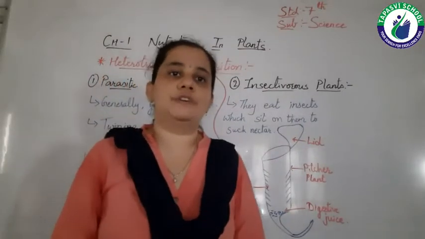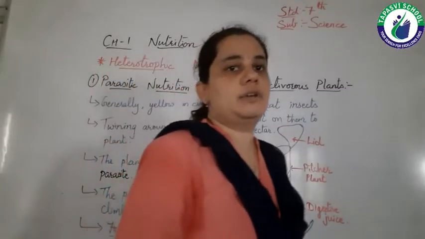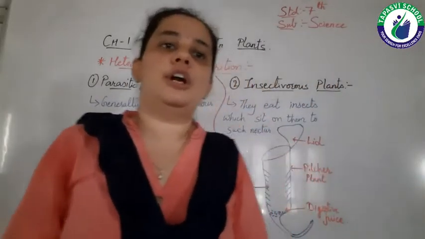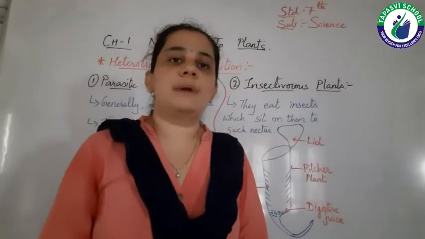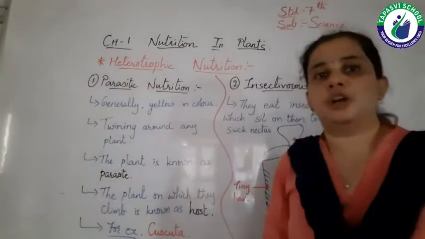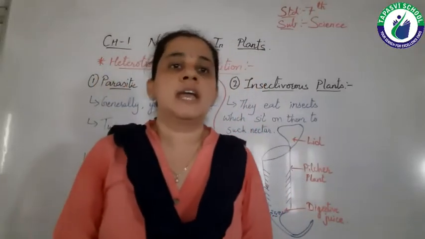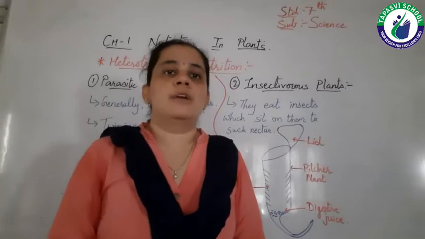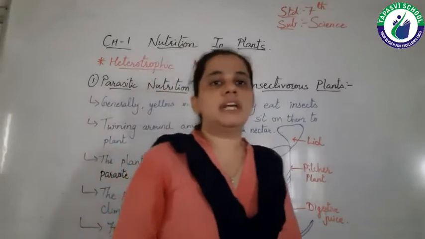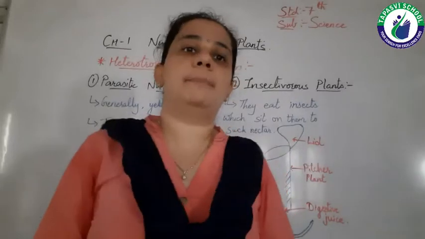We know that chlorophyll is a green colored pigment, right? So this type of plants generally are yellow in color and they lack chlorophyll, so they cannot make their own food by using sunlight. As chlorophyll is not present, they cannot use sunlight, and by using carbon dioxide and water they cannot make their own food by the process of photosynthesis. Then how do they take food? The answer is they depend on other plants.